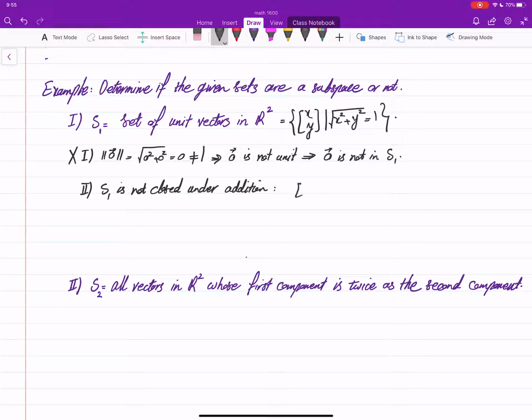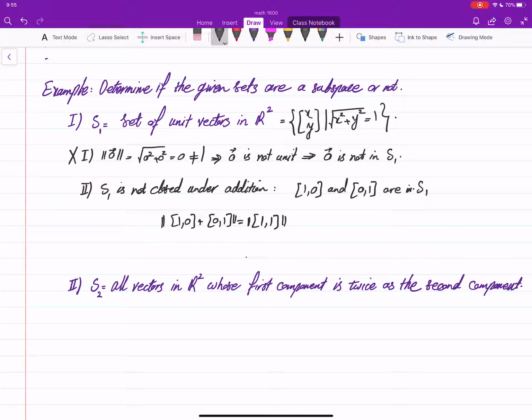If you have (1, 0), this is a unit vector, and (0, 1), this is also a unit vector, both are in S1, yes. But when you add them, (1, 0) plus (0, 1), what we get is the vector (1, 1). But when you find the length of that vector,